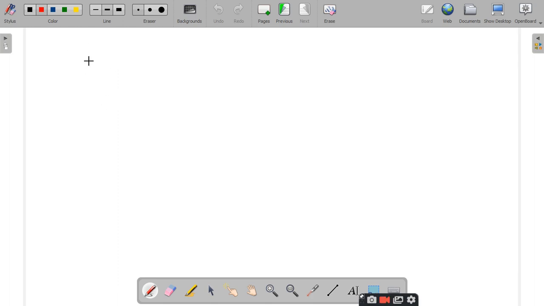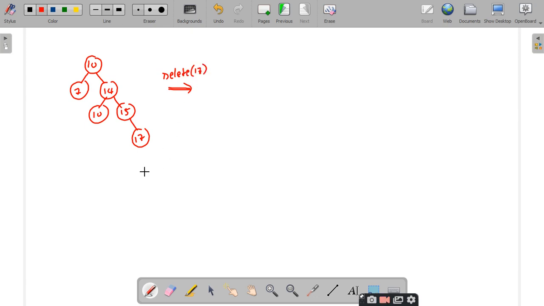Right. So let us take this example. Now delete 17 using top down approach. What is that I have to do here in the top down approach? First of all, I have to place 17. So let me do the first operation, place 17. So what rotation I have to perform for 17?